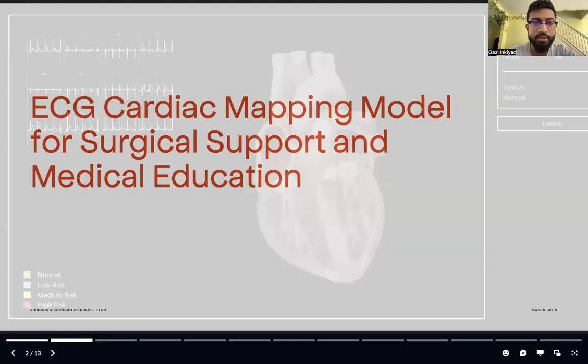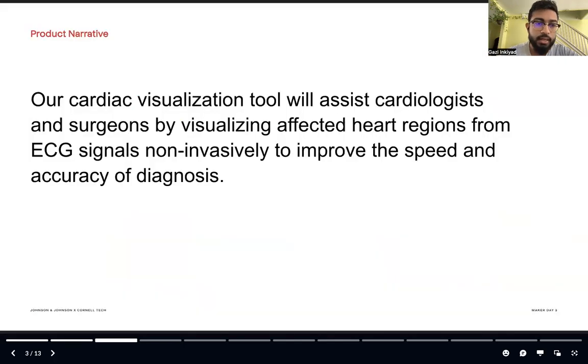So to start off, our product is the ECG cardiac mapping model for surgical support and medical education. Our product narrative is to create a cardiac visualization tool that will assist cardiologists and surgeons by visualizing affected heart regions from ECG signals non-invasively to improve the speed and accuracy of diagnostics. And this is a really valuable tool because